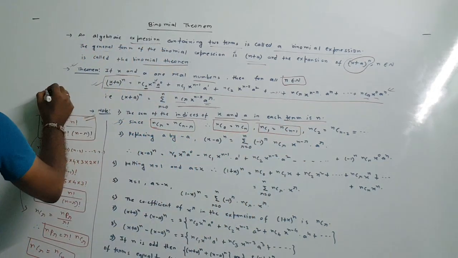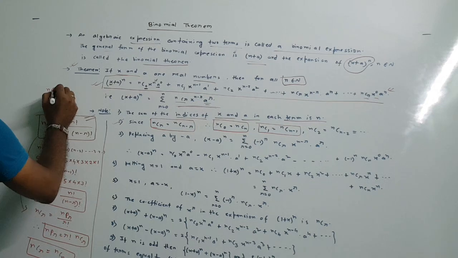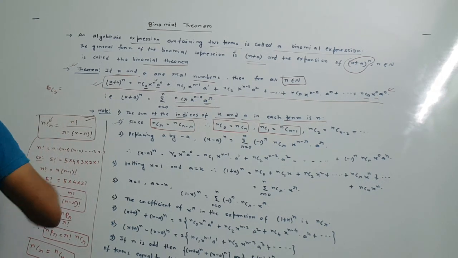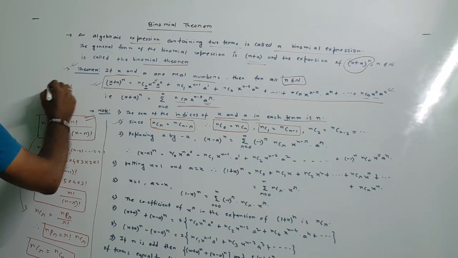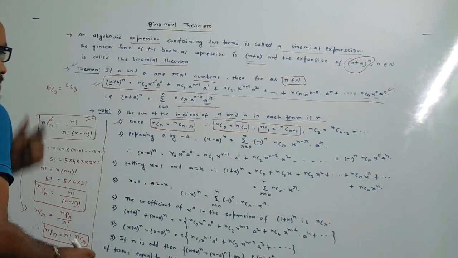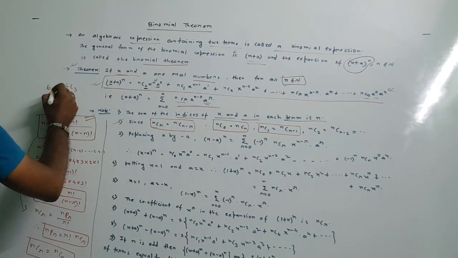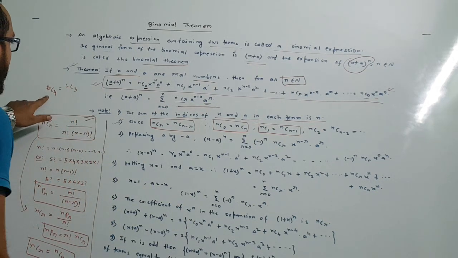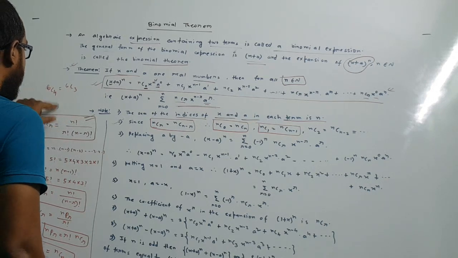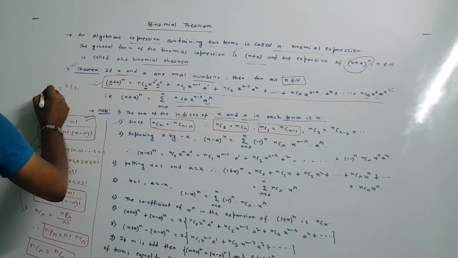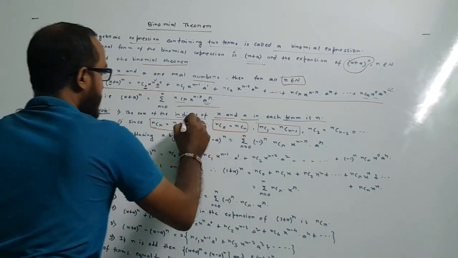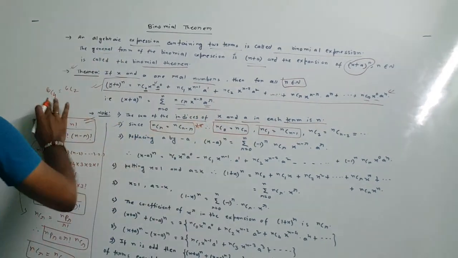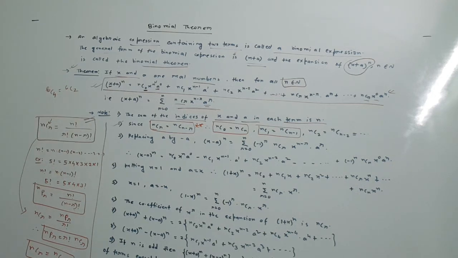So how can we write, let us say, 6C3? What would be 6C3? 6C3 would be 6C n minus 3, that is 3, which doesn't help. So let us say 6C4. 6C4 would be NC n minus R, that is 6 minus 4, which is 2. So 6C4 is equal to 6C2. Remember this is extremely important, because whenever there are higher coefficients, we will reduce them to lower coefficients